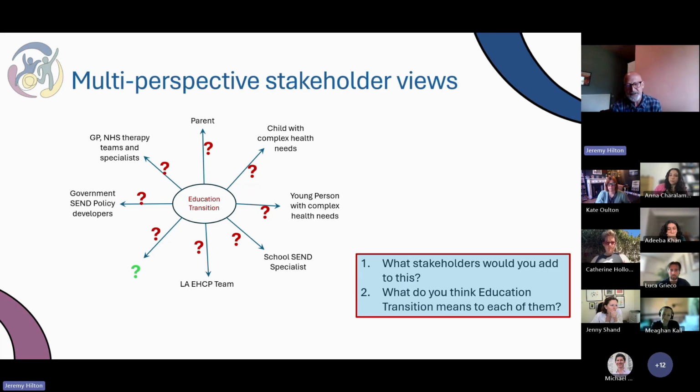Well, thank you for raising it, because this is expressing the importance of the words we use. So I put education transition down as a simple label. The first thing you do is agree what actually is the PIC, and what term we use is really important. As you've just explained, the words you use lead to your perspective and the behavior you undertake. So it's critically important that we start off by thinking, well, what goes in the middle? You can have a number of different things according to different perspectives, and we have to explore these to see which one is right, let alone how we're going to try and capture the points of view and the perspective.